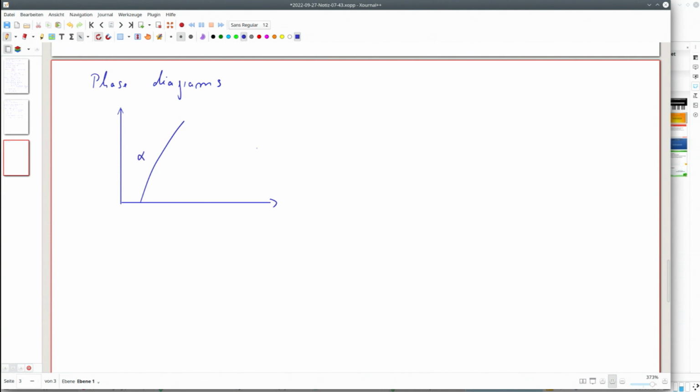Here we have an alpha phase, and somewhere we have a beta phase. And here we have a two-phase field. So that's the concentration of B, and that's the temperature. Something like this. And if you are interested in unmixing, you start here in a supersaturated solid solution, which nominally is in the two-phase region,